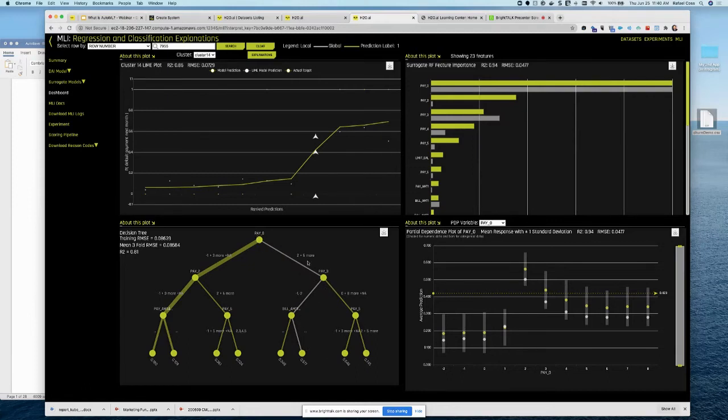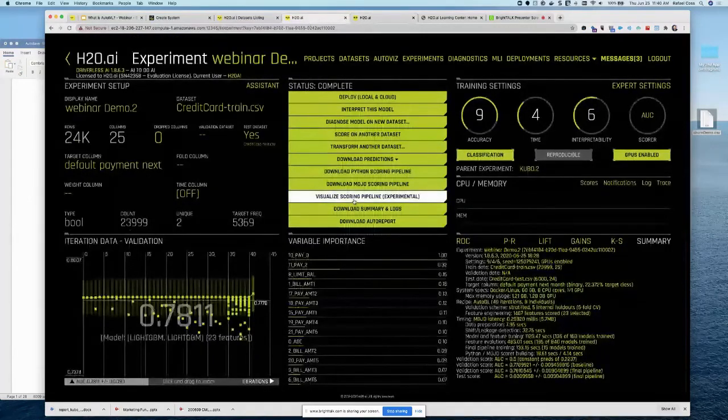Because of page 0, page 3, bill amount 1, I was able to get to this prediction threshold. So this is also part of the automation, right? It's not just the automation of building the models, but about explaining the models and building the reports around the models.